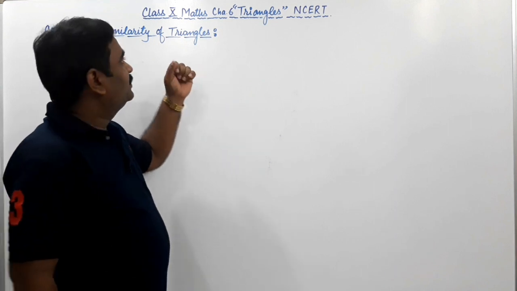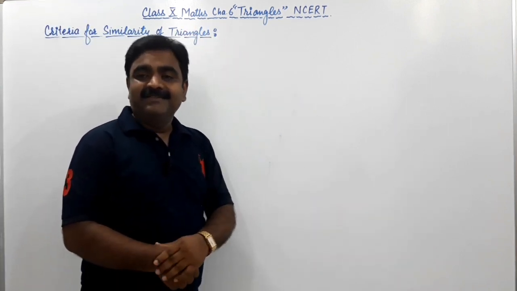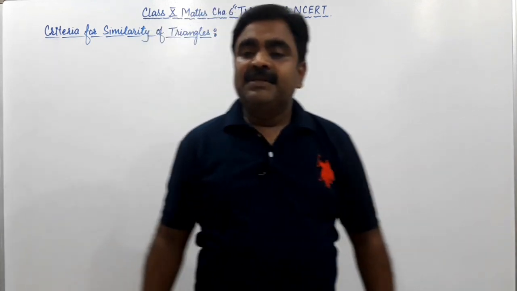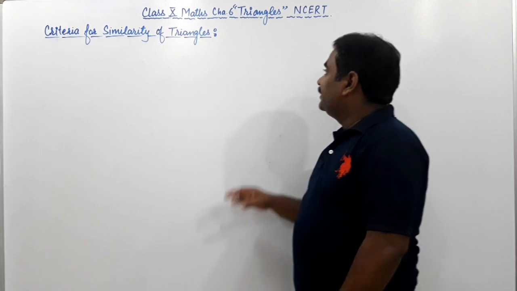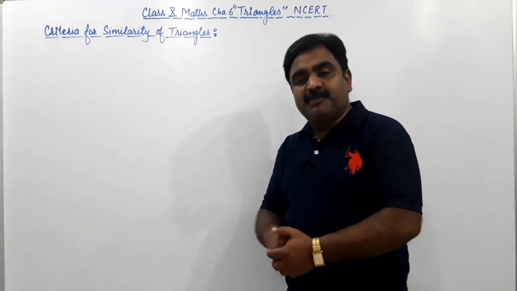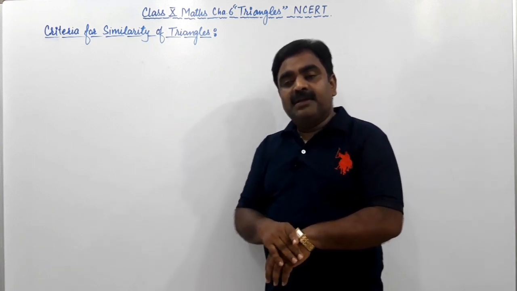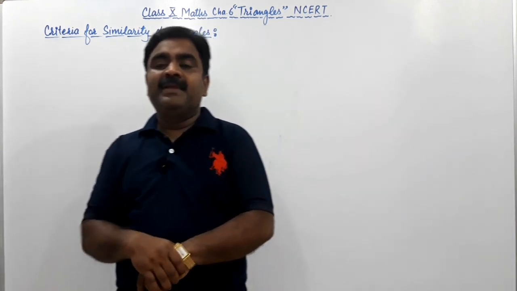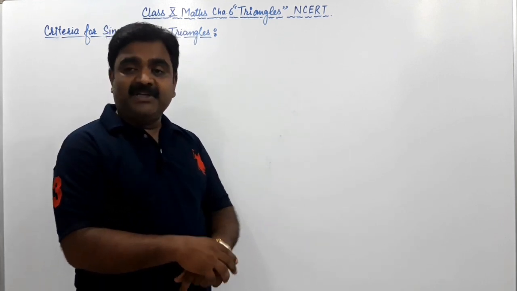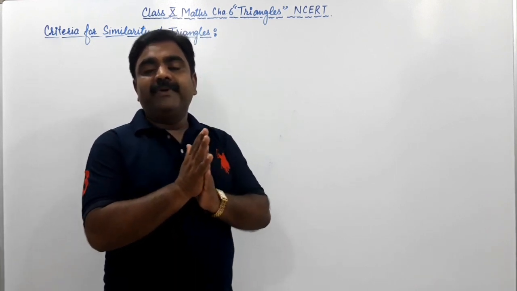In class 10th mathematics chapter 6 Triangles we are studying, and our textbook is the NCERT textbook. So friends, in this chapter we are studying the application of the basic proportionality theorem, or Thales theorem. Exercise 6.2 was based on this application of BPT, the basic proportionality theorem. Now we are going to start